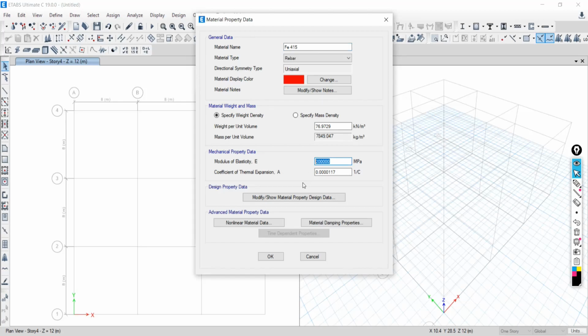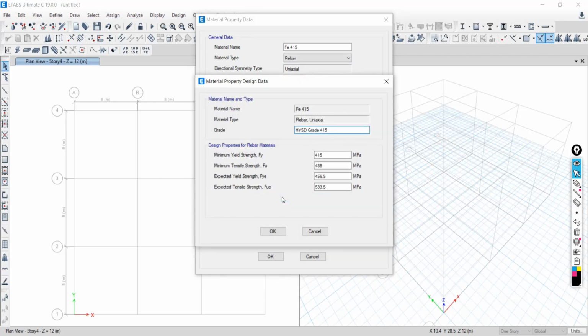Then make sure that for the strength you go to modify. You don't need to do anything here. Let it be. I just want to show you what all the meanings are given here. Just click over modify and show material property. Then the minimum yield strength is 415. This is the ultimate strength.